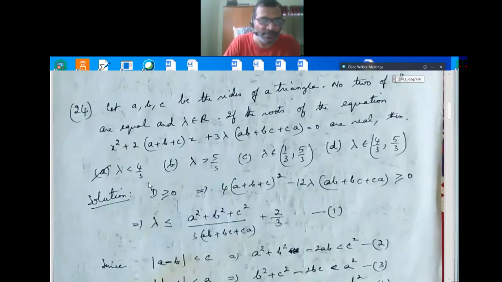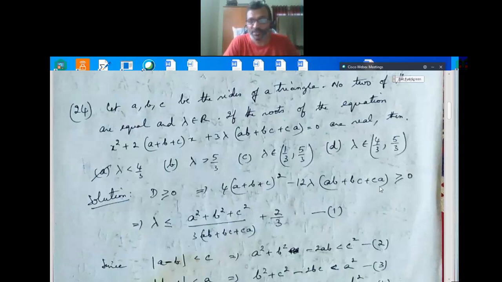So once again I will just see the solution. Let A, B, C be the sides of the triangle. No two of these are equal and lambda belongs to R. If the roots of the equation x squared plus 2 into (A plus B plus C) into x plus 3 lambda (AB plus BC plus CA) equals 0 are real, then lambda less than 4 by 3, lambda greater than 4 by 3, lambda belongs to (1 by 3, 5 by 3), lambda belongs to (4 by 3, 5 by 3). So roots are real means discriminant is greater than or equal to 0, that is